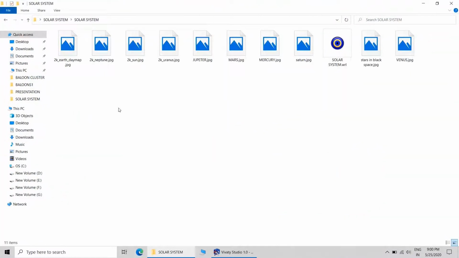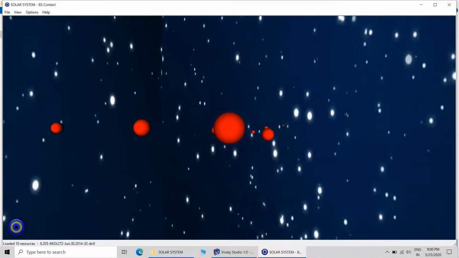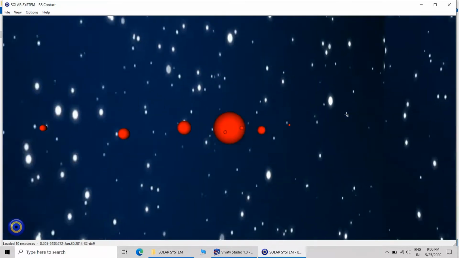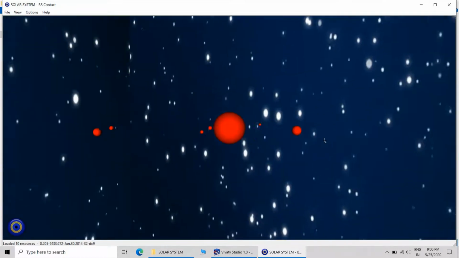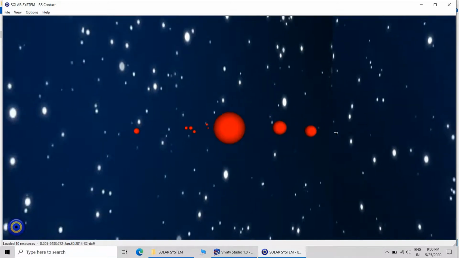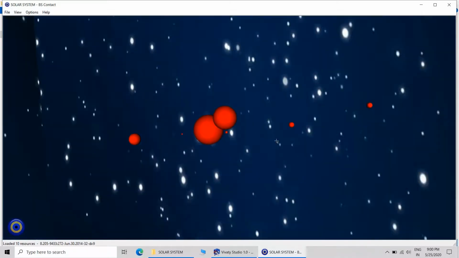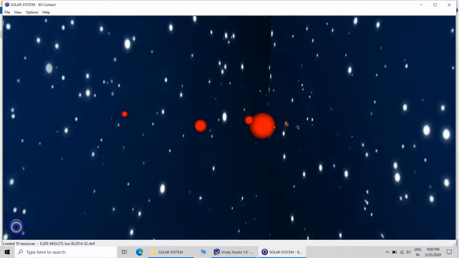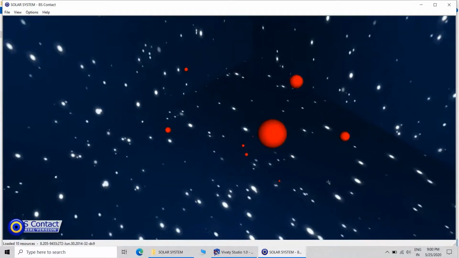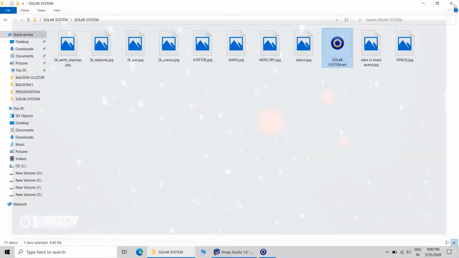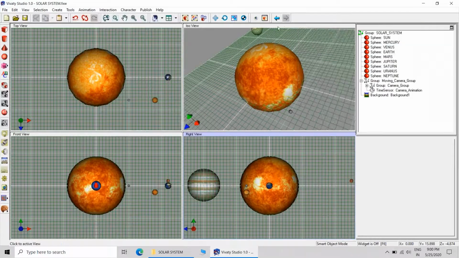Now it is inside the solar system. Here, this is the file. Now if it is not taking the texture, what you can do is that you can move the file to some, say, root folder. It will automatically take the texture. Okay, rest of the things are fine. Only the texture is missing, that we will sort out. So we will see the texture from here.